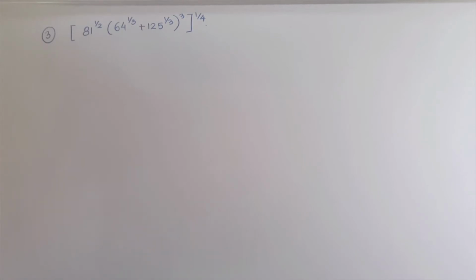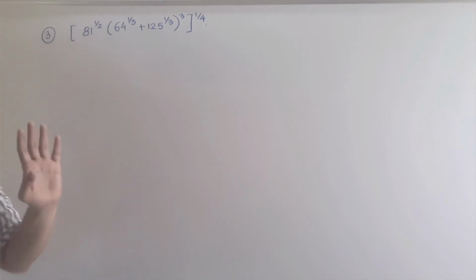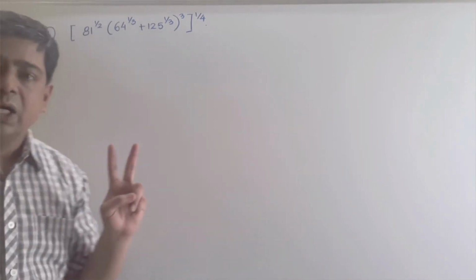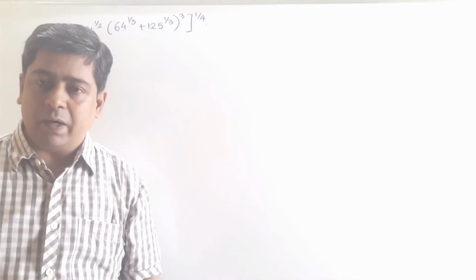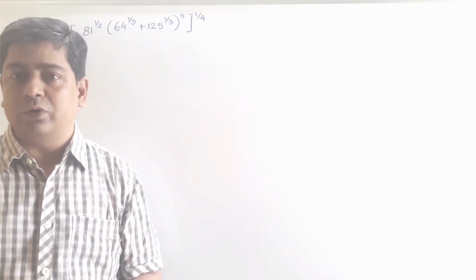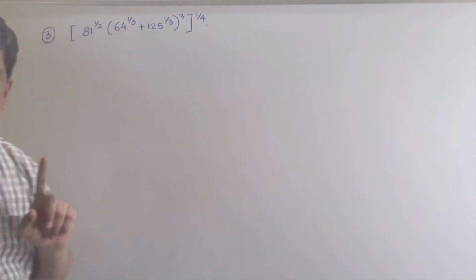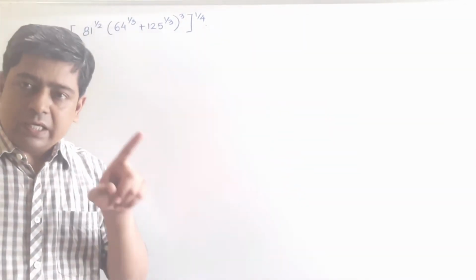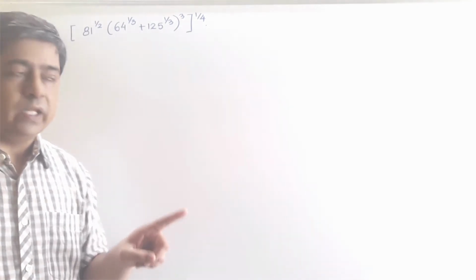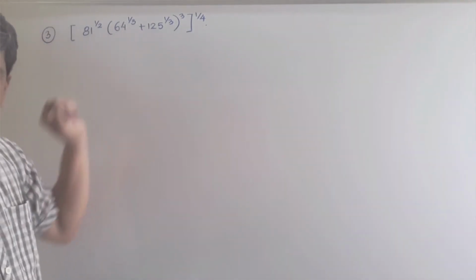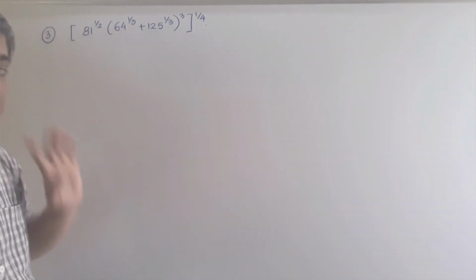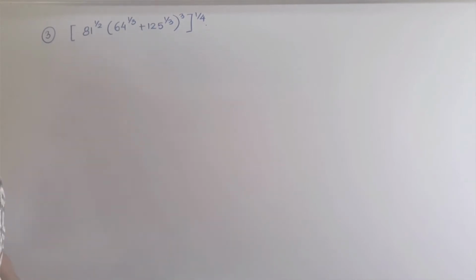So you know that 64 I can write down as 2 to the power 6, or else I can write down 4 to the power 3. See, there are two ways. We can write down 64 as 2 to the power 6, or we can write down 4 to the power 3. As you can see here, power is given 1 upon 3, and 4 to the power 3 is again coming with the power 3 over there. So 3 and 1 upon 3 could be cancelled. So we shall prefer here to write down in the form of 4 to the power 3.